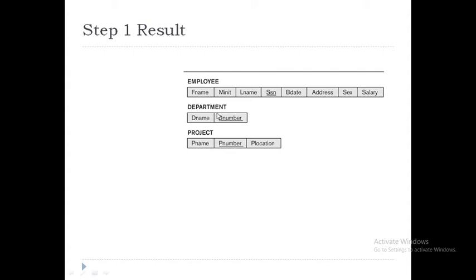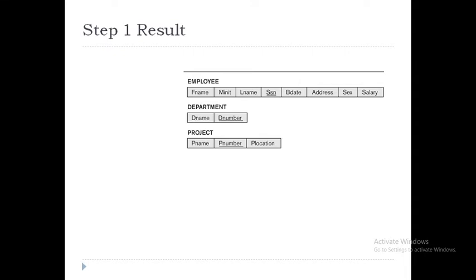And in department, locations we cannot include because it is a multi-valued attribute. So we'll take dname and dnumber. And among dname and dnumber, both are unique. So I'll take one of the attributes as the primary key. Okay. And similarly in project, we'll take project number as the primary key.